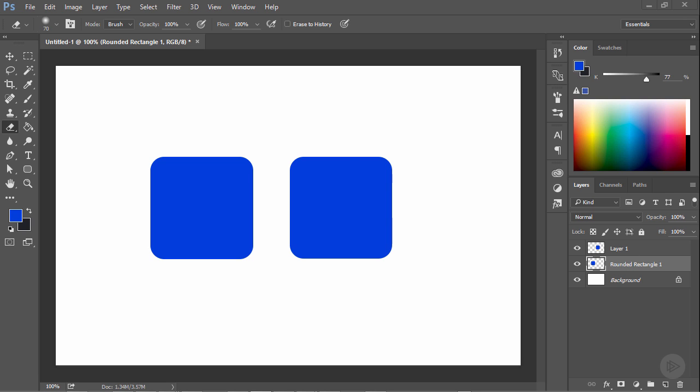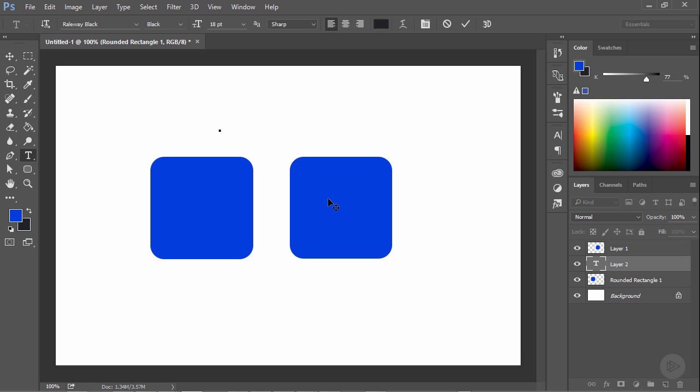Now real quickly, what about a type layer? What type of layer is a type layer? Well, specifically, it's a type layer. It's not a raster layer or a shape layer. So it's meant specifically for type. Now you can convert a type layer to both a shape layer or a raster layer. So here's how. If I just type in hello,